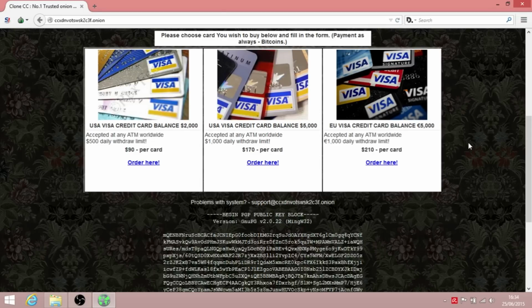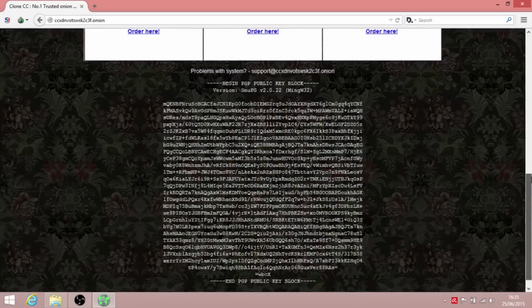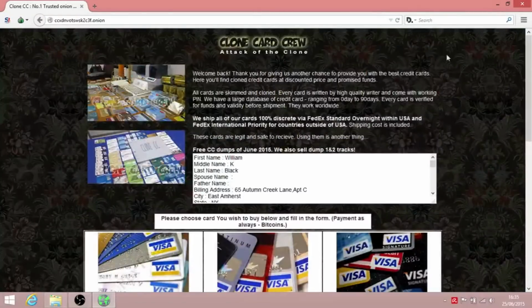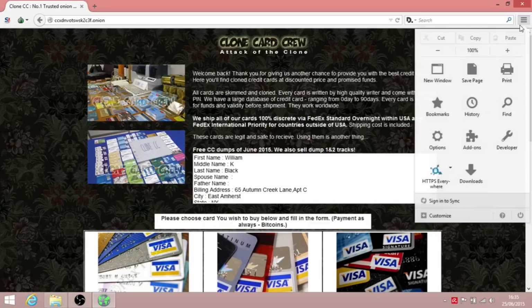You know, it's kind of ridiculous. At the end of the day, you're going to get £5,000 of somebody else's money, or 5,000 euros in this case, for as little as £210. Again, with some of the sites, as I've explained, just because they say they do this, it could also be a scam. It sounds enticing. I have seen sites out there that are selling credit card information for like $2 a card. It doesn't necessarily mean that you're actually going to get it. And with it being anonymous, and because you use bitcoins the majority of the time,